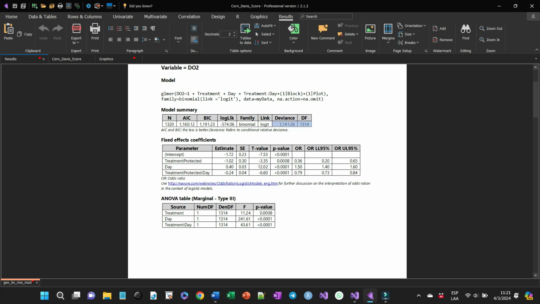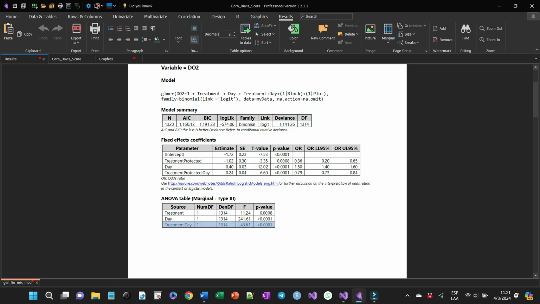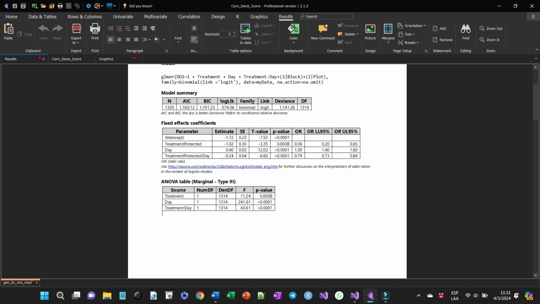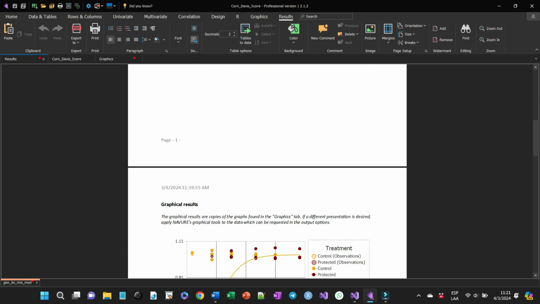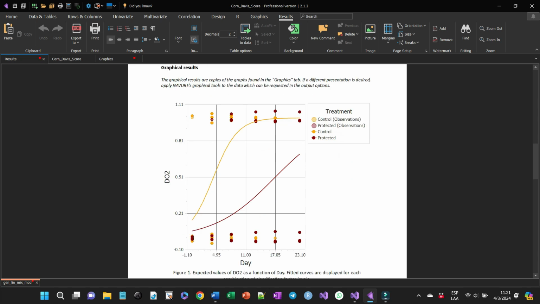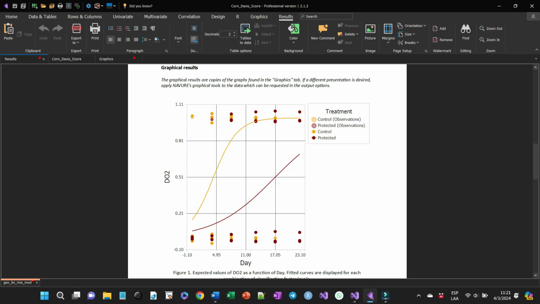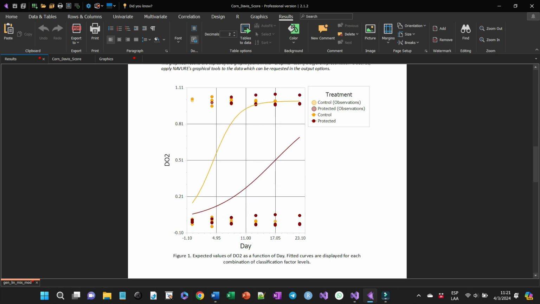The ANOVA table says that there is a significant interaction between treatment and day. This means that the magnitude, or possibly the direction, of the difference between the treatments depends on the day, and that the dependence of the response variables on the day is different for the two treatments. If we scroll down the results, we will find a chart which displays the progress curve of damage. It is clear that the control that does not contain the protection technology reaches almost 100% of plants with data score over 2, in day 11,